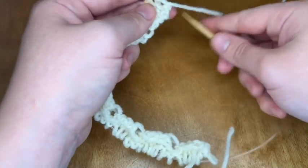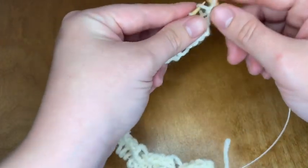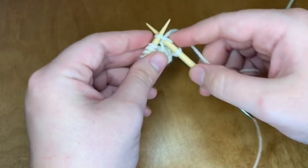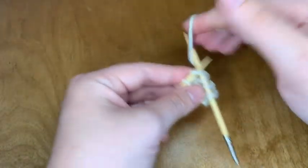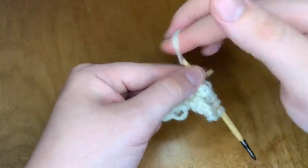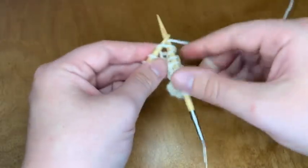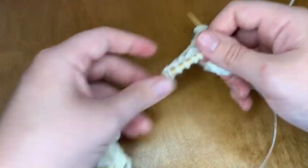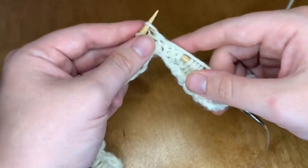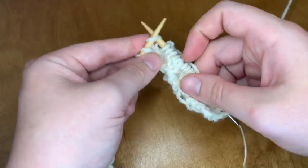So to begin row 4, we are going to start with a purl. So there's our purl stitch. Next, we're going to do 3 knit stitches. So 1, 2, 3, and then we're going to purl the next 3. 1, 2, 3, knit 3, 1, 2, 3, purl, 1, 2, 3, knit. Ooh, I almost lost it. Knit, 1, 2, 3,